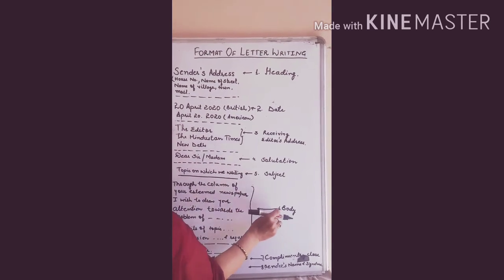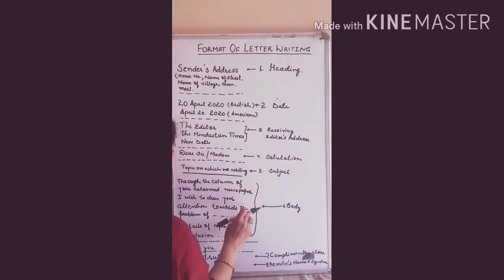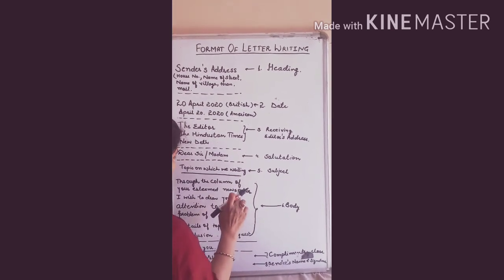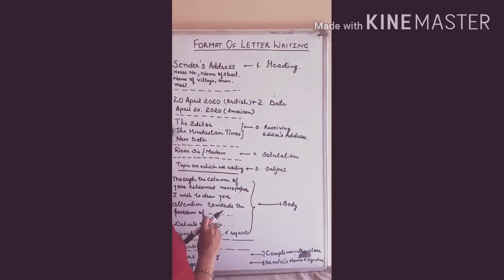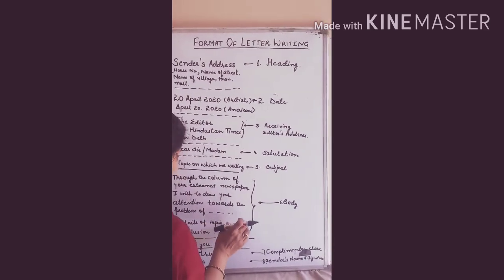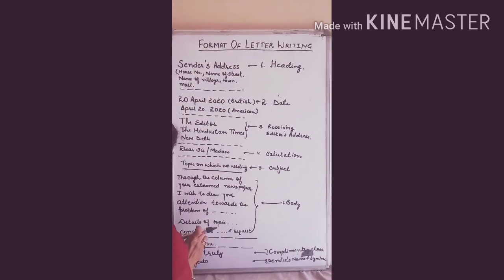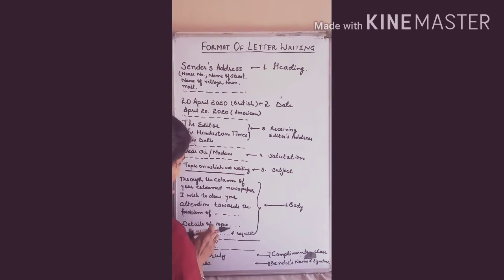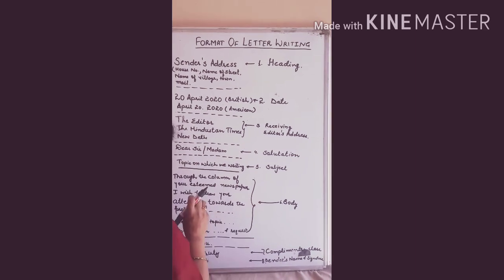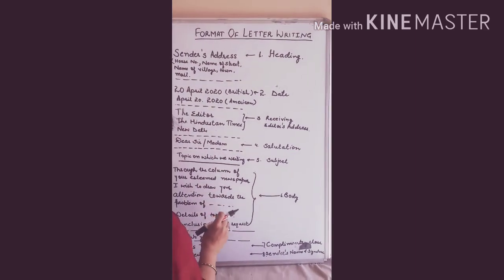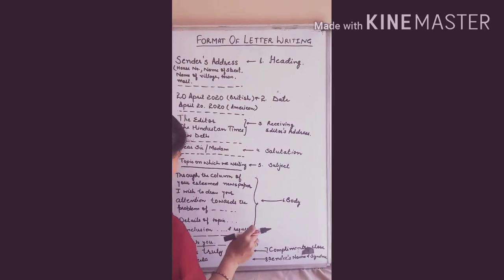Now we come to the sixth part, the body of the letter. The body of the letter can be divided into 3 or 4 paragraphs. In the first paragraph, you introduce yourself. In the second paragraph, you mention the details of the topic, including the causes as well as the reasons. In the third paragraph, you can conclude by saying what you want from the government and what kind of measures you want taken. And in the last paragraph, we can make a request to publish the letter also.